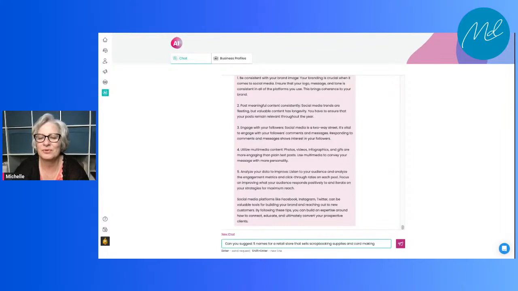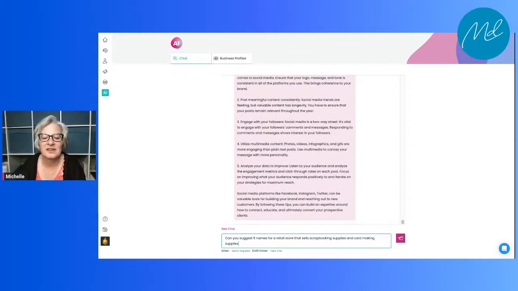And just call it paper arts or something, or just arts. Oops, card making supplies. Okay, let's see if it's very good at this.